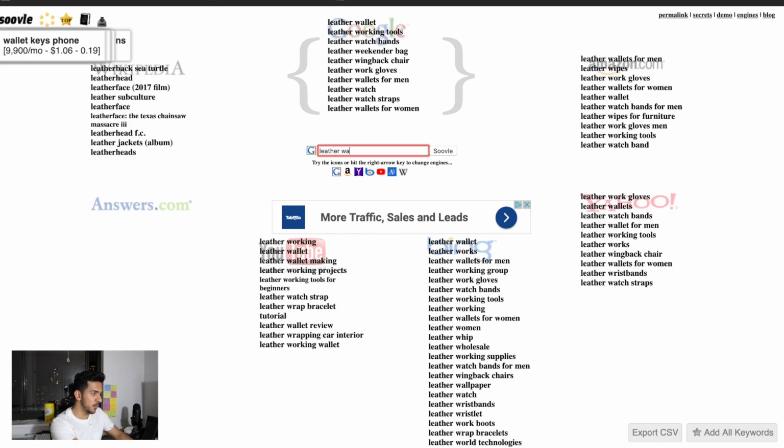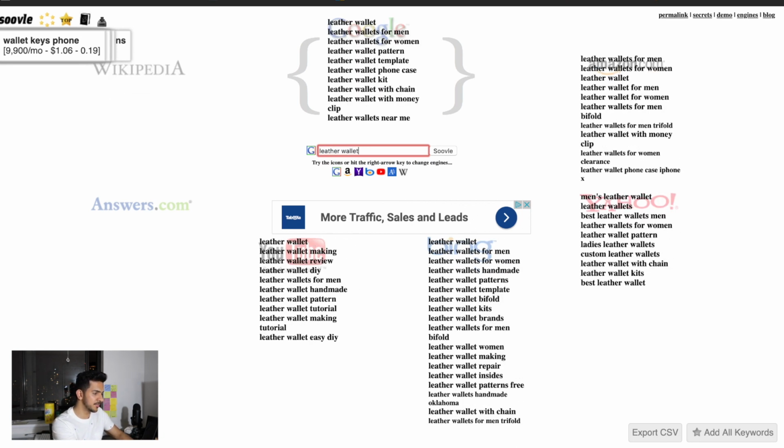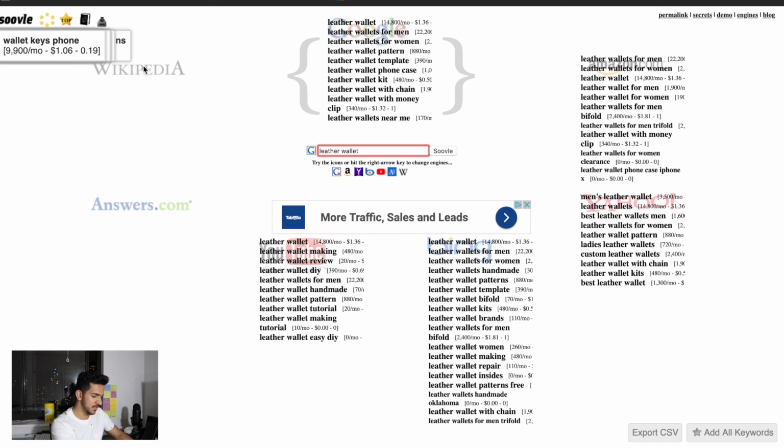You could use whatever you want. You could put leather wallets and leave it there and see what it does. So Answers and Wiki has nothing, but Amazon's got a ton here. Men leather wallet, leather wallets for men, being searched everywhere. So it is one of the great keywords you might want to use when you're doing that,